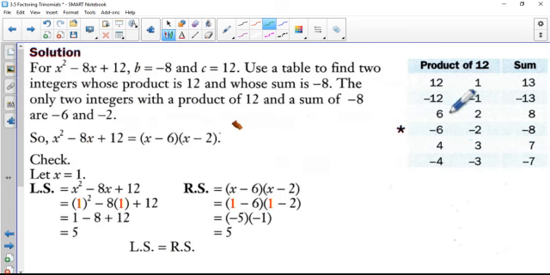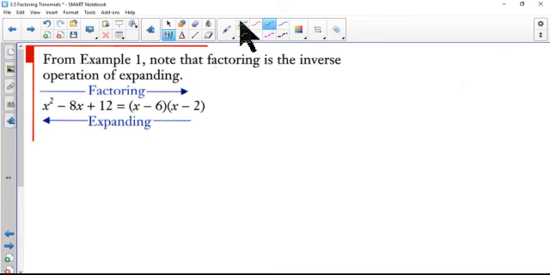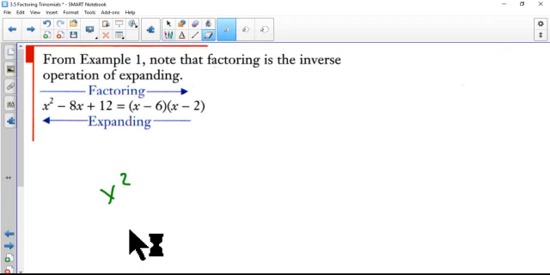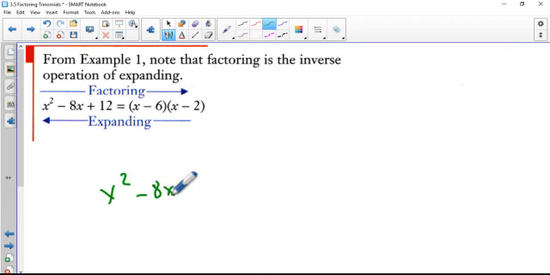Just going through the exact same thing where they find all the products and then find what the sums are. So it's the exact same way we had done it. Now, one thing I wanted to mention, if we started off with a trinomial, and we put it in this condensed form,